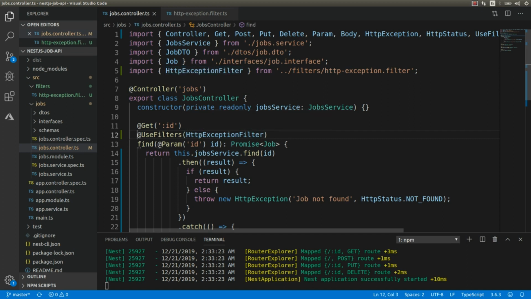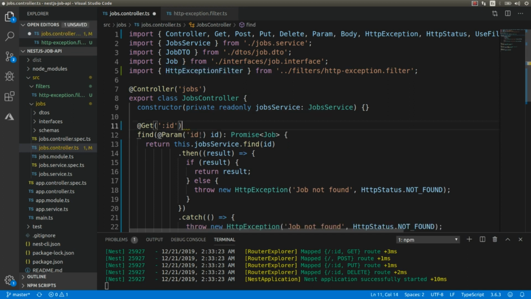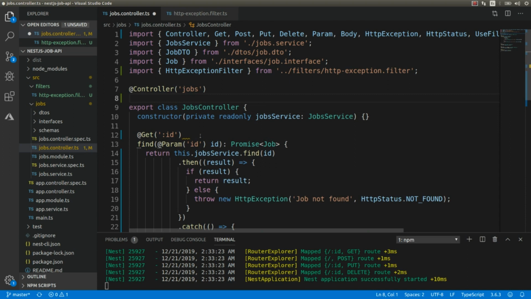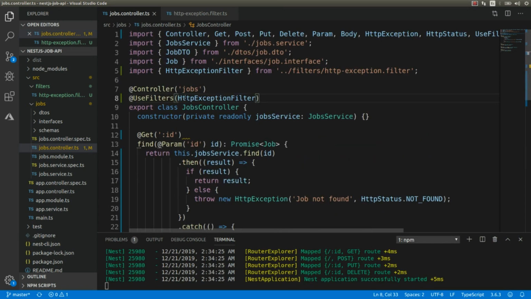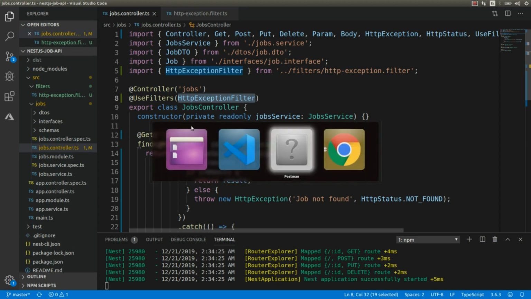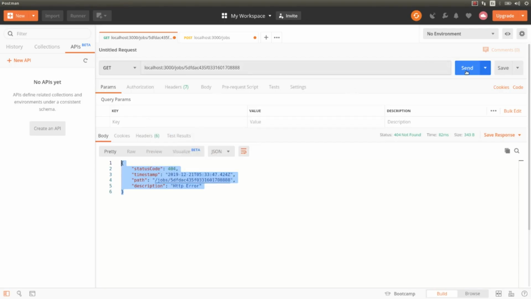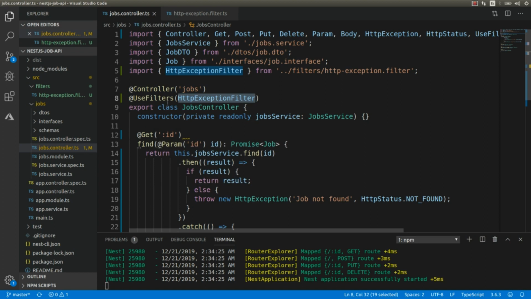We can also apply the same filter. I'm going to grab this and move it to the controller scope. So if we throw an exception in any of these endpoints, it's going to apply this filter at the controller level. So let's try this now. And if we go back and run this, we should get the same response. Yes, we get the same response as before. And if I remove this completely,